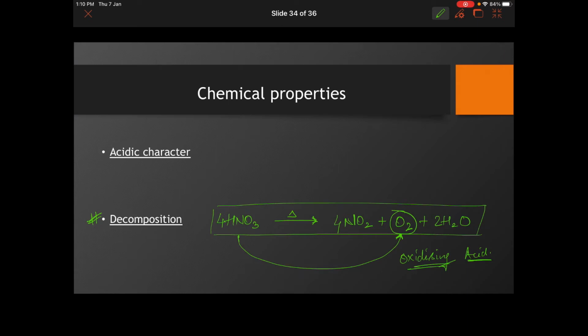Perfect. So chemical property number 2, that is decomposition. On decomposition, small amount of heat if given to HNO3, we see that it releases nitrogen dioxide, oxygen and H2O. Correct? Moving ahead, the most important part of chemical properties is coming up, wherein your NCERT should not be followed for those reactions, and please concentrate on this lecture and write down the reactions that I give you, right?